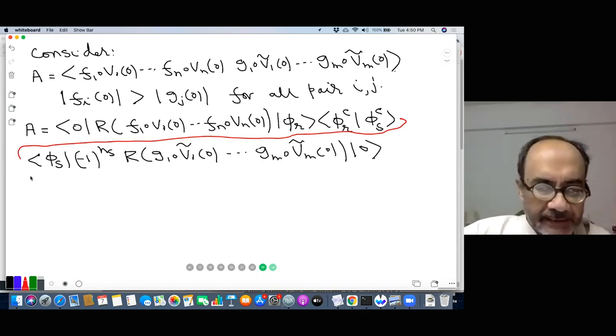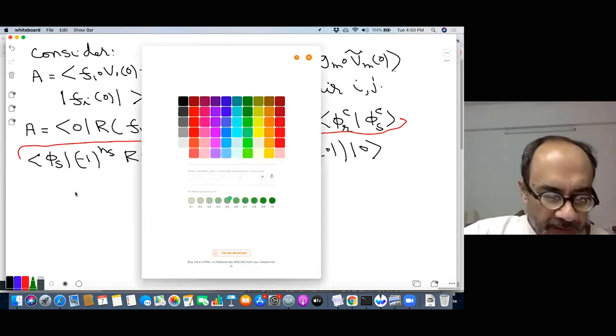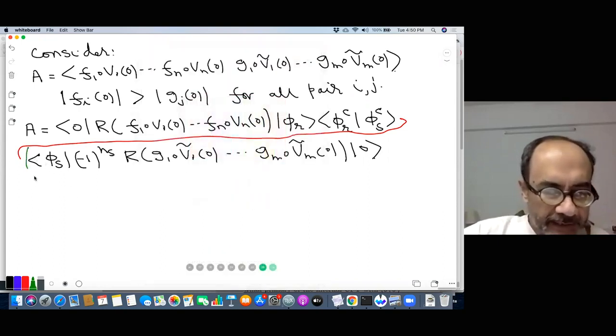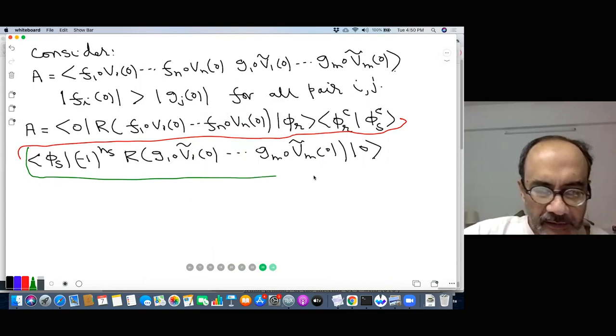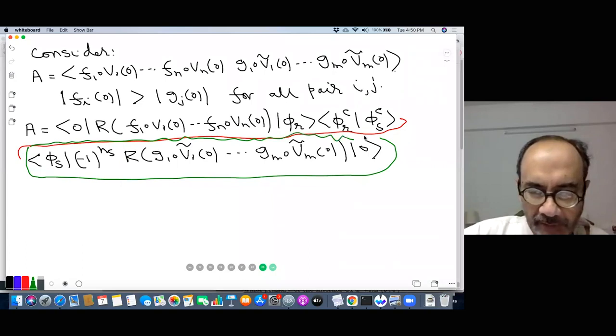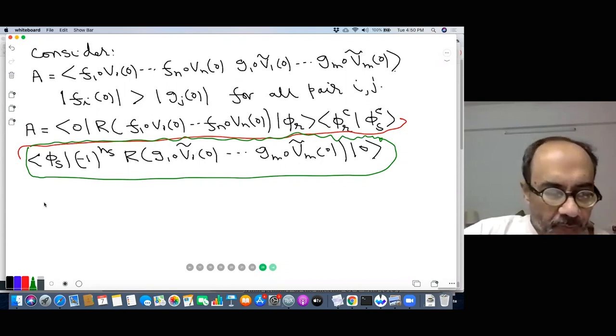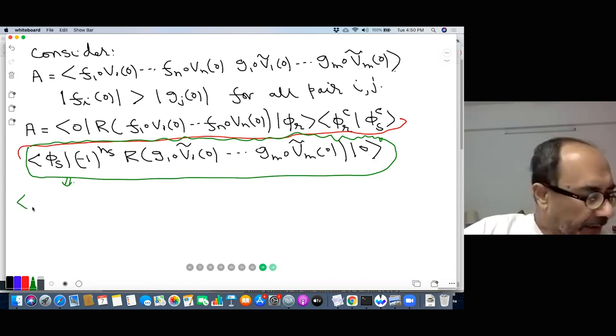Okay, let's now try to manipulate this part. What I'm going to do now is to just take this part and manipulate this. Eventually, we'll put them back together. And the idea is that I want to write this in the same way that we have written the top one. So this one I can write first of all as